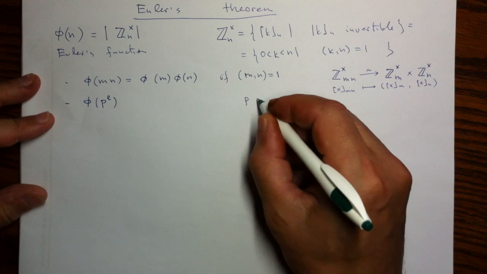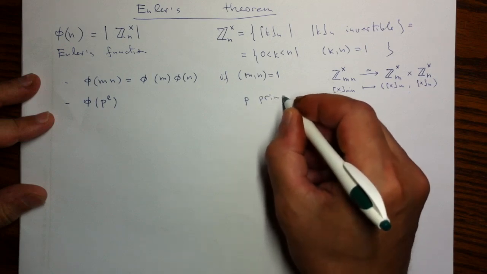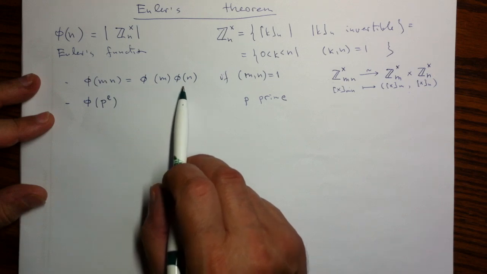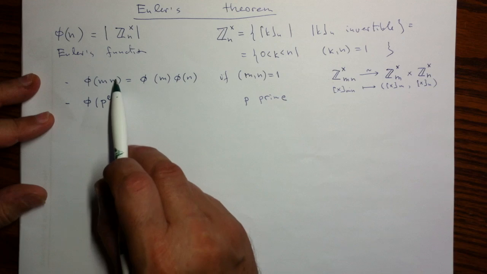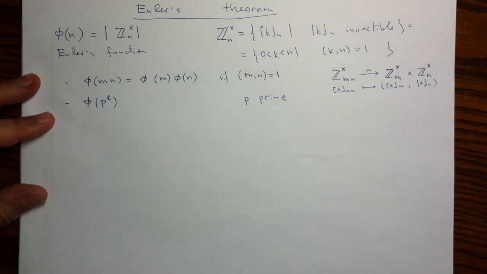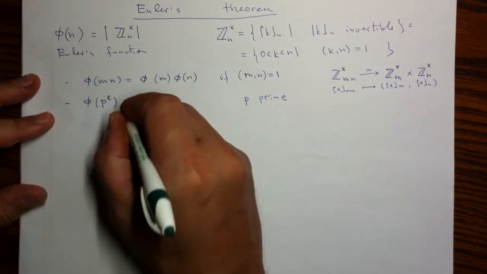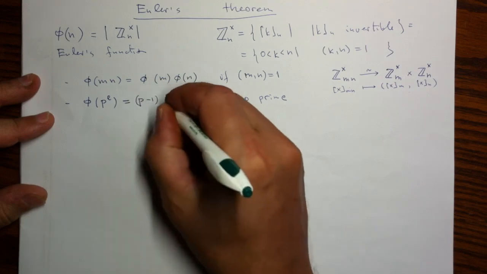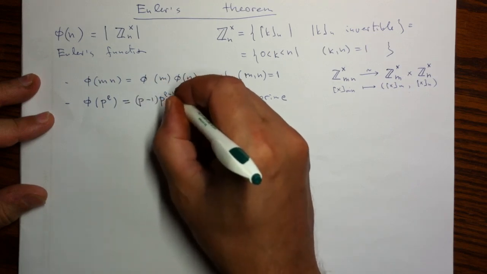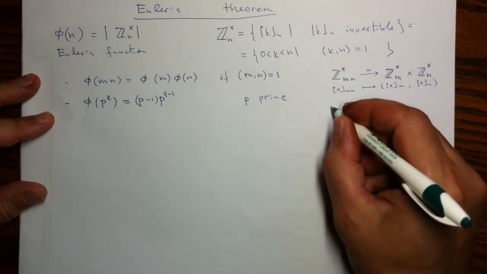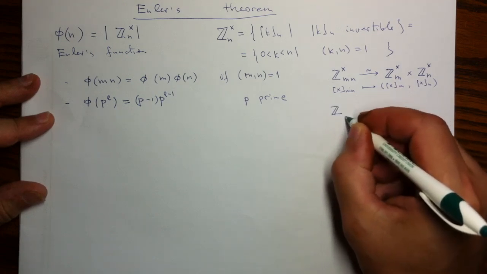So here p is a prime. Note that this allows us to reduce any computation of Euler's function on any number down to powers of primes. And for powers of primes, here is the answer. It is (p minus 1) times p to the power l minus 1. And that again is from